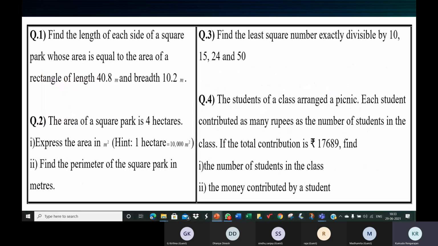I think with that, we'll wind up this chapter. Now it's time for you to go through all the sums in your book, and in case you have any doubts, get them clarified in the next class. Anything based on squares and square roots. Next class we'll discuss finding the square root of a decimal number by long division method, and I'll give you some NCERT exemplar sums for practice. And with that, we'll wind up this chapter and start off with understanding quadrilaterals.